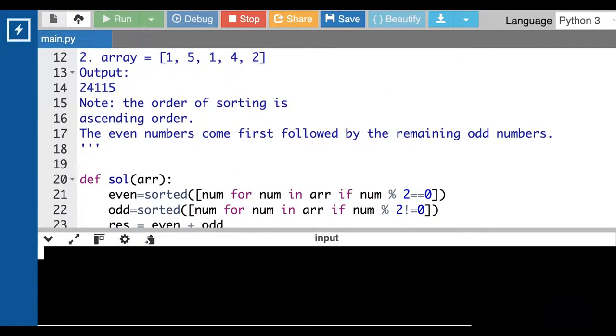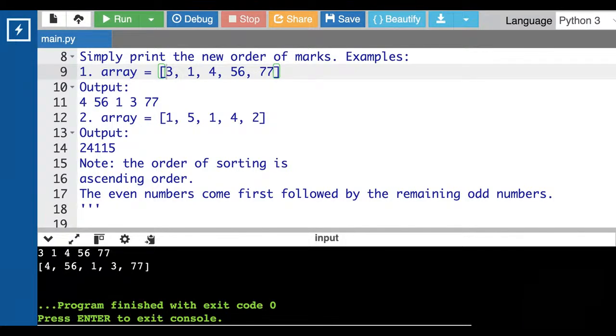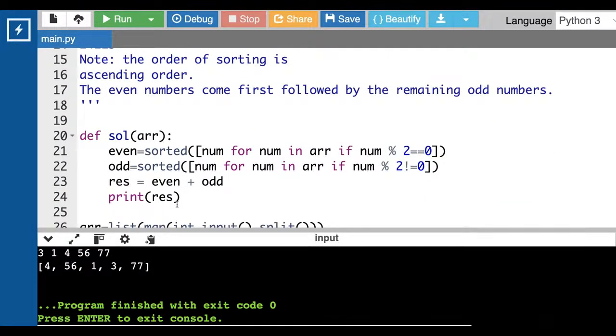Okay, let me give the input which is given over. Let's take the same data: 3, 1, 4, 56, and 77. Fine. So we got our output, but if you do this, it will be accepted. Your code will be executed even though you have commas and square brackets, it will be accepted. But if you don't want this comma and if you don't want these square brackets,